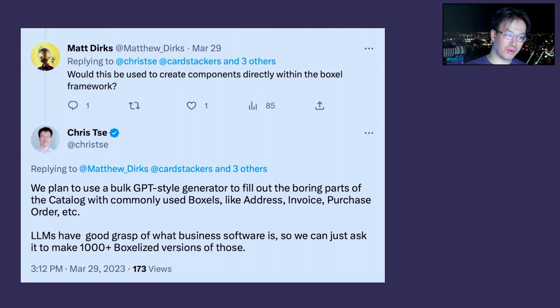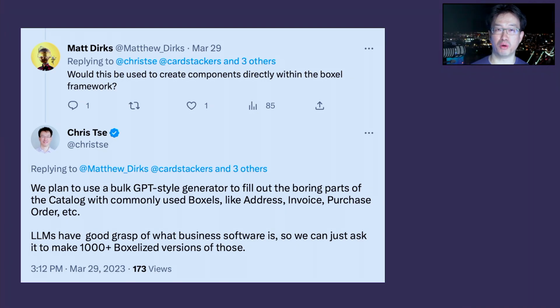So someone followed up, Matt, asking whether it would be used to create components directly with the Boxel framework. And I said no, I think the best way to do it is, before we expose this capability of generating Boxel for end users, we can use it to generate the boring parts of the catalog, the commonly used things that nobody really wants to do.